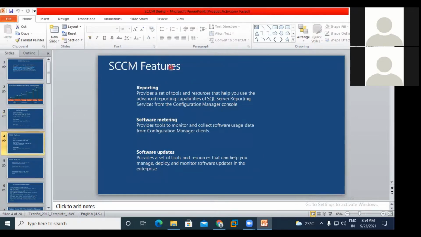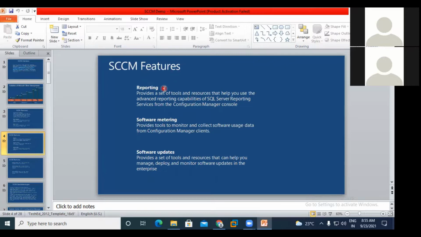SCM features, another feature, one more thing is reporting. Reporting is nothing but, suppose you pushed patching for 1000 systems. Out of 1000, how many are passed, how many are failed, how many threw errors, how many are in an unknown state. All these things you can take as a report in one shot. So the reporting structure will work